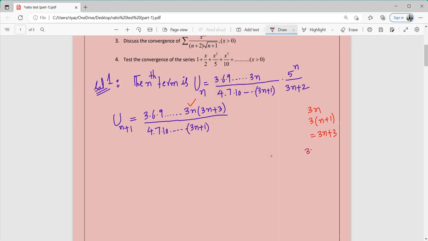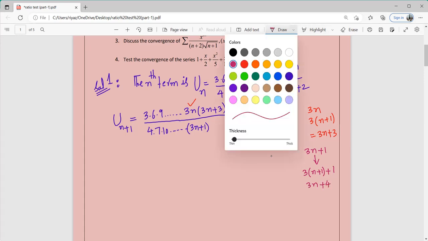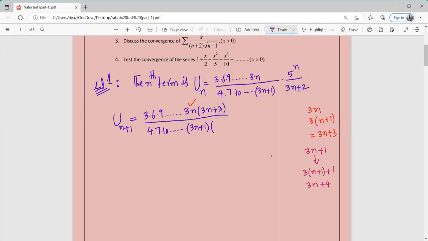Sir, आप जी बोलिए, बोलो बाबा, कुछ डाउट है? Wherever n is there, we are replacing with n plus 1. So finally, our answer is 3n plus 3 ones are 3 plus 1 is 4. वीडियो अटक गया था जी जी, सर। ओके ना, ओके अभी ओके है, नहीं, इट्स ओके ना।